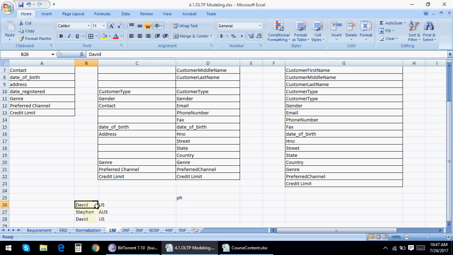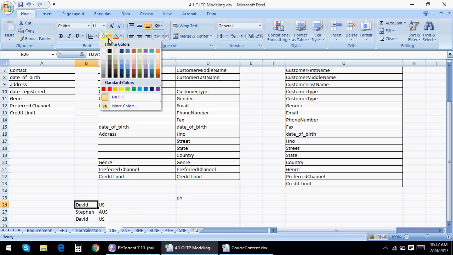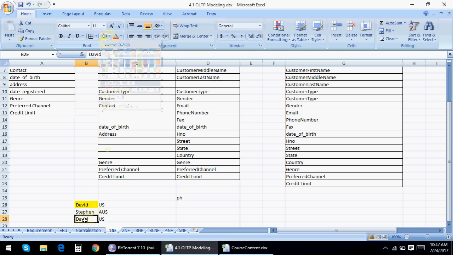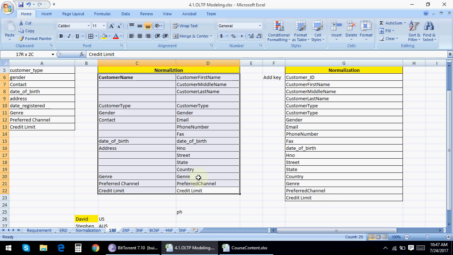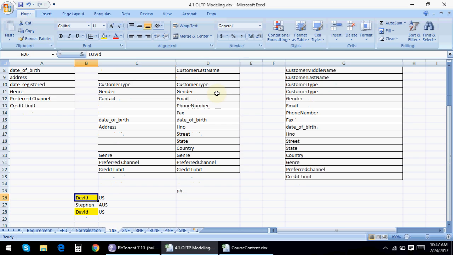But the problem is this data is not uniquely identified. These two records are not getting uniquely identified if data is in this particular format, because the first name, last name and middle name are duplicated. They are similar. So both Davids are in US, and there are two different records representing the same David.